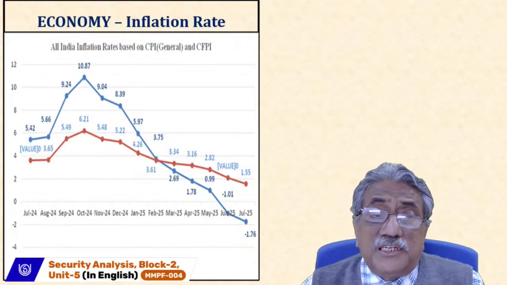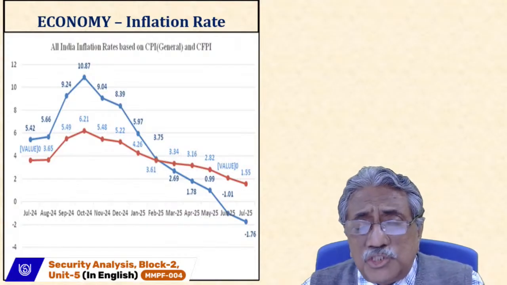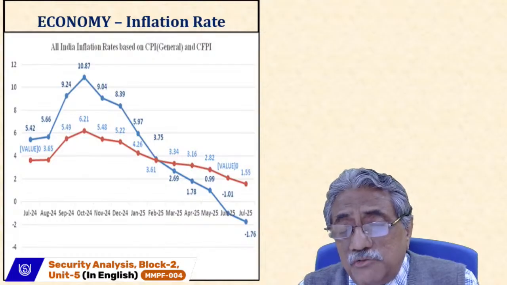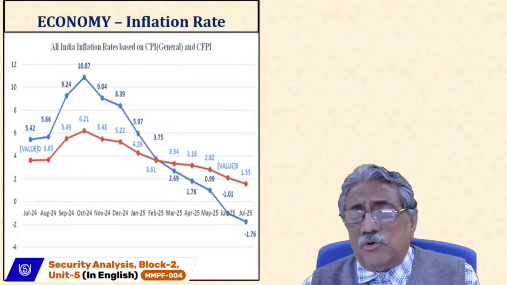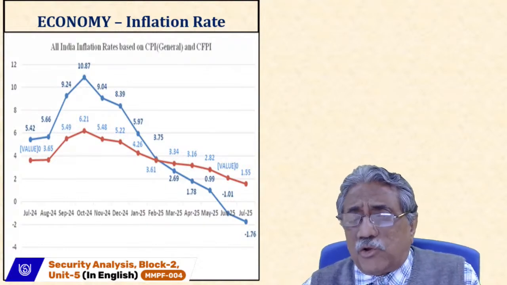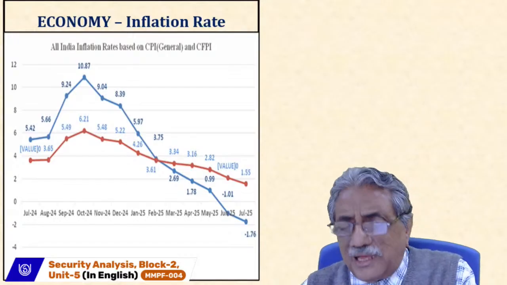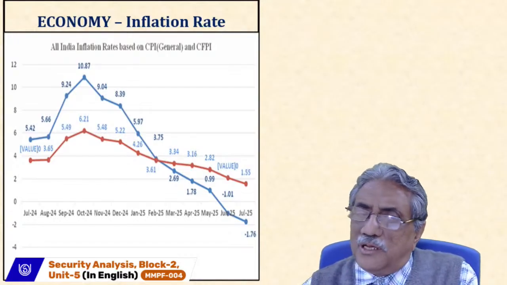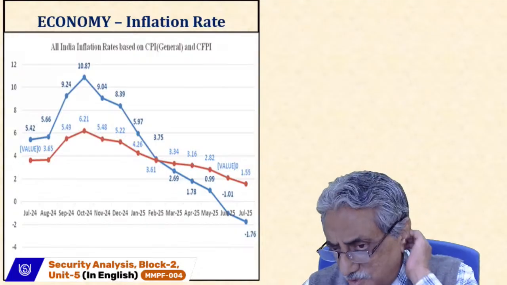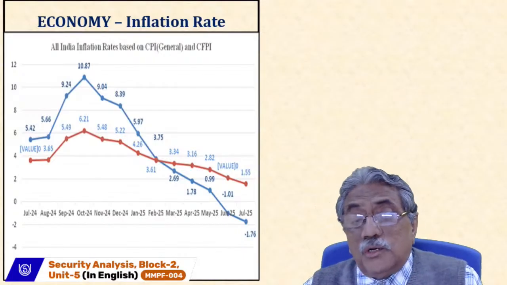Whereas if the inflation is again more than 5%, that means you are losing the value of your money, and this is very important. If you're losing the value of your money, some investors will not come, because I lose my value later on. So let the inflation come down, then I will think of coming to the country. So the investor may slow down. But as of now, in India the inflation is low.